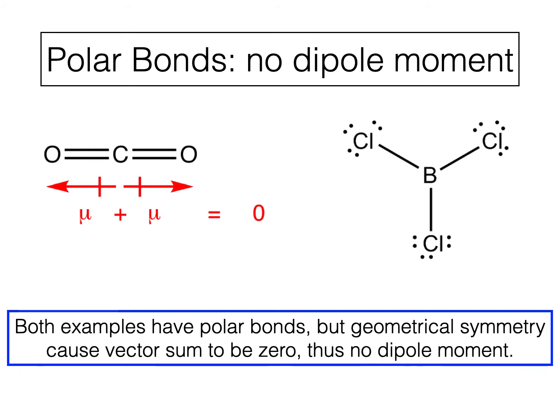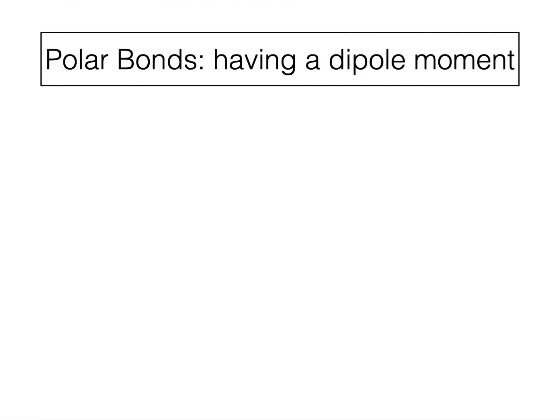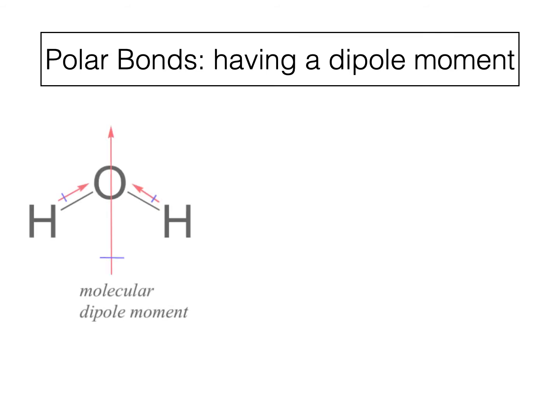So you need to know the geometry. At this juncture, you don't know how to derive geometries on your own. It would have to be provided to you. On the other hand, of course, there can be polar bonds, and the vectors do not cancel out, and a dipole moment does evolve. And so if we go back to water that we looked at a little while ago,